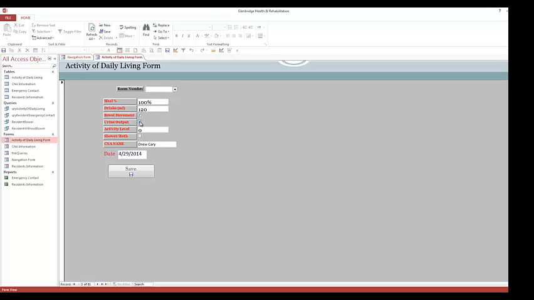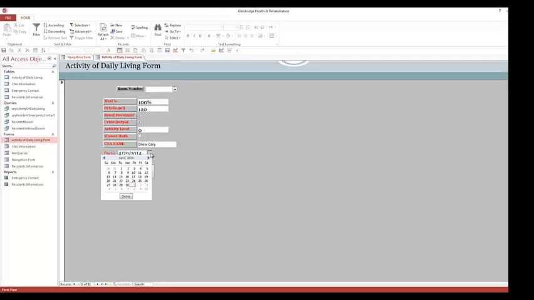Urinal output check box. Activity level, meaning how many people it took to care for this resident, whether it took one person to assist, or the resident cared for themselves. And the check box if they had a shower or a bath that specific day. And the CNA name, of course, and the date, which is very important. The date shows a list of days; you pick the specific day you gave the care, which I will demonstrate by picking